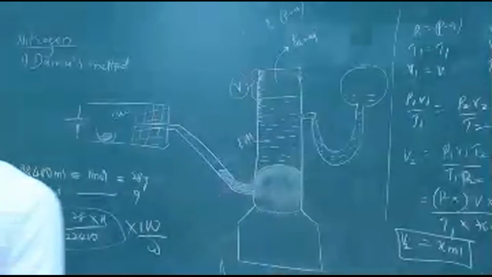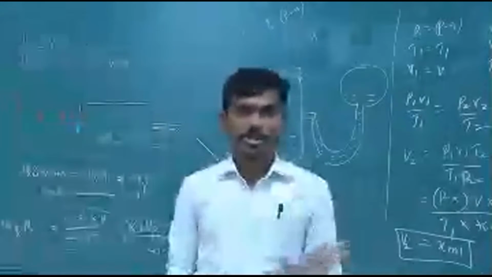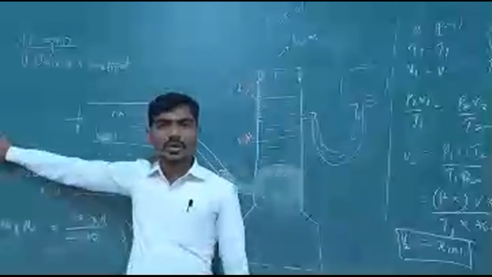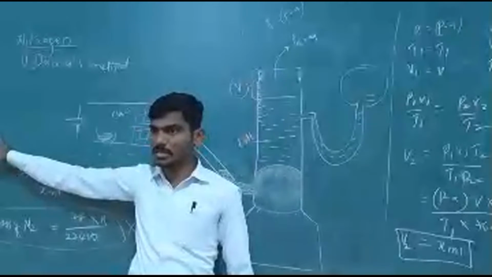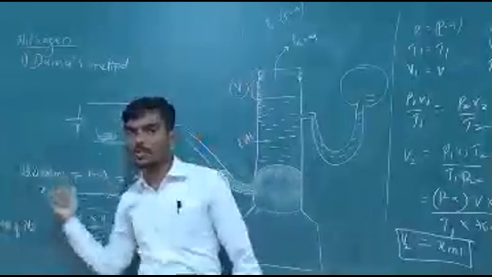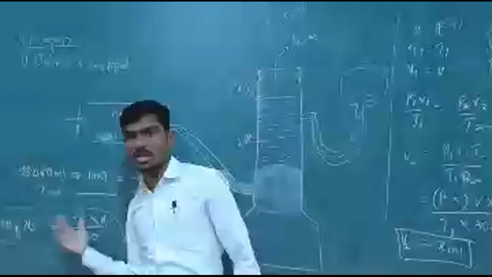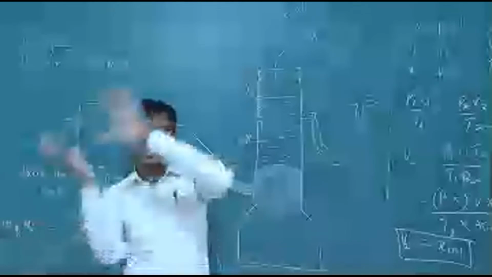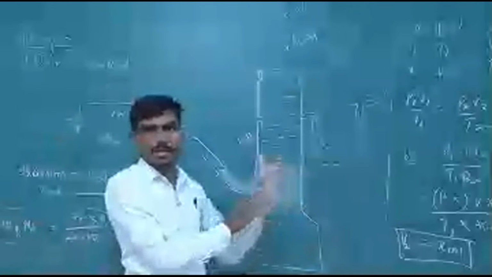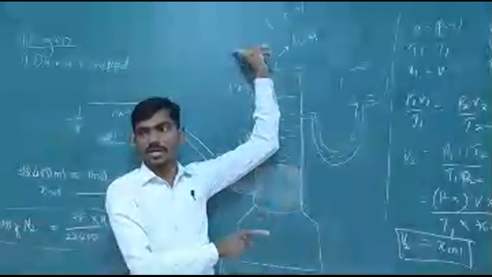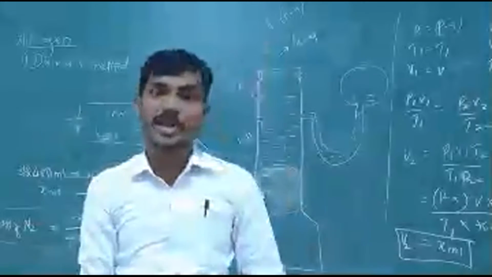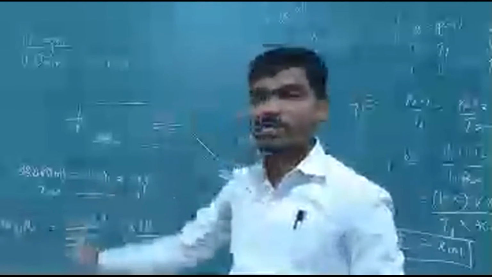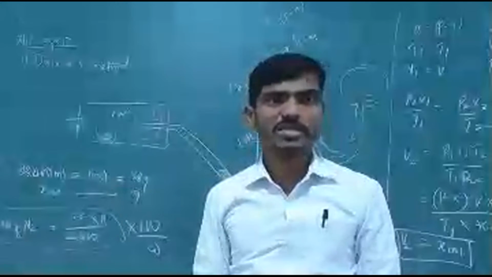So first, what is the experiment? The given organic compound containing nitrogen is heated in the presence of copper oxide, where carbon is oxidized to carbon dioxide, hydrogen to water, and nitrogen gets freed. These gases are passed through Schiff's nitrometer and we measure the volume of nitrogen collected at room temperature and convert that volume into standard STP conditions, and by that we get the estimate. Next is the